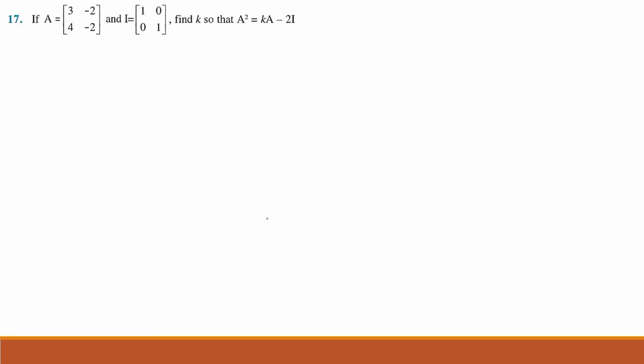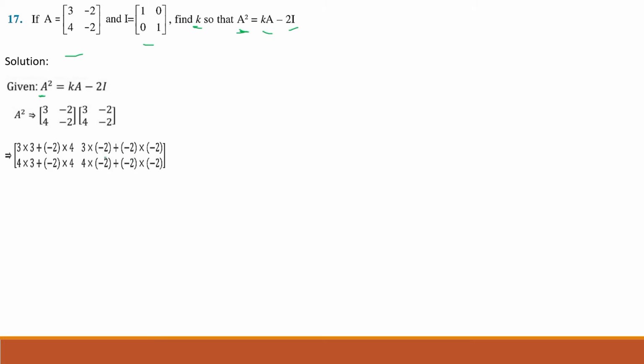So moving further for the 17th question, we have given matrix A and identity matrix. We have to find K so that A square is equals to KA minus 2i। तो देखते हैं भी कैसे फाइंड करेंगे। यहाँ पे हमारे पास एक गिवन इक्वेशन है एंड वी कैन फाइंड A स्क्वायर इजीली। हमने लास्ट सम में ही देखा है, हमें बस A इंटू A करना है। तो हम A इंटू A फाइंड करेंगे एंड एट द राइट हैंड साइड इट इज K इंटू मैट्रिक्स A माइनस 2 इंटू आइडेंटिटी मैट्रिक्स।